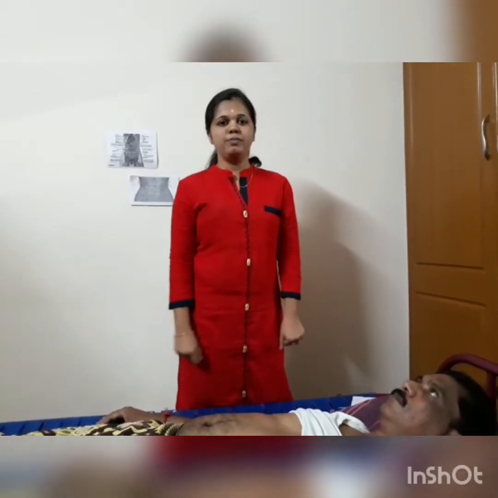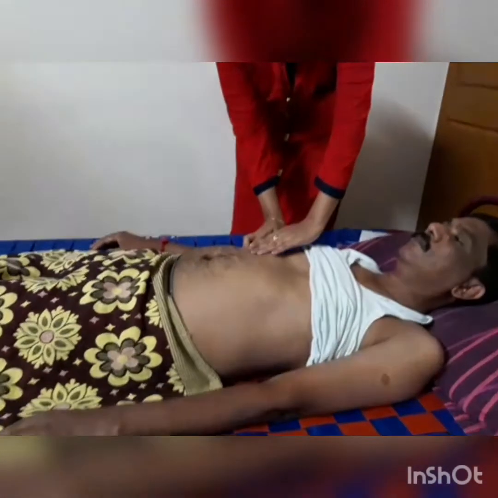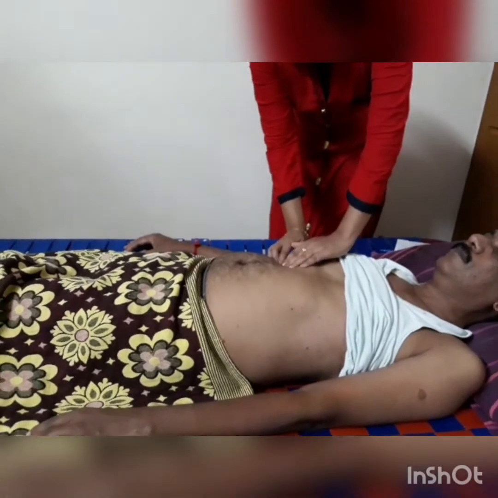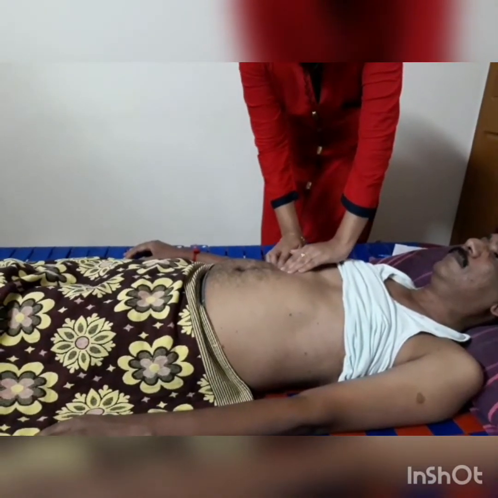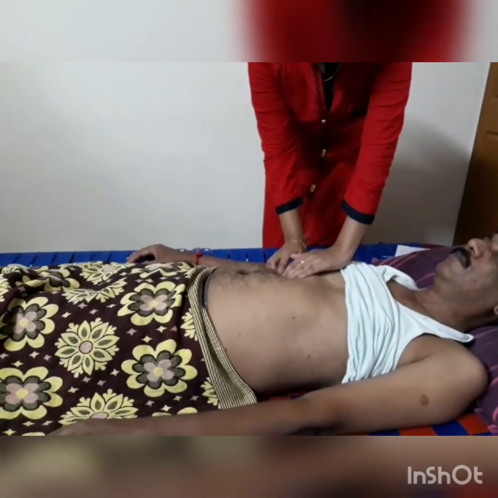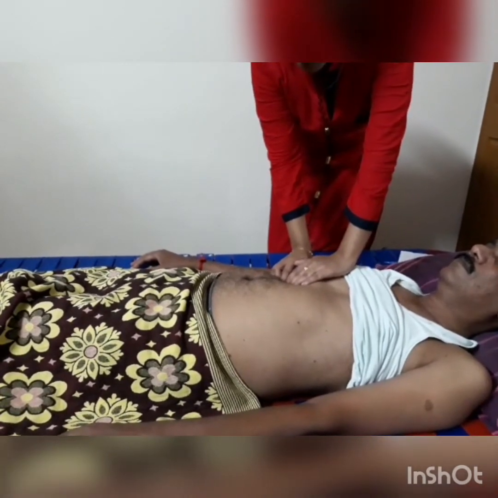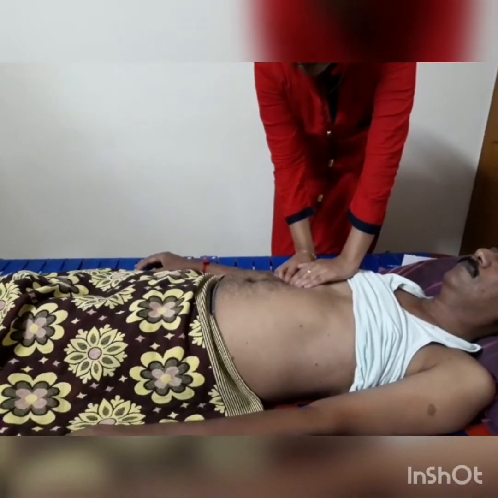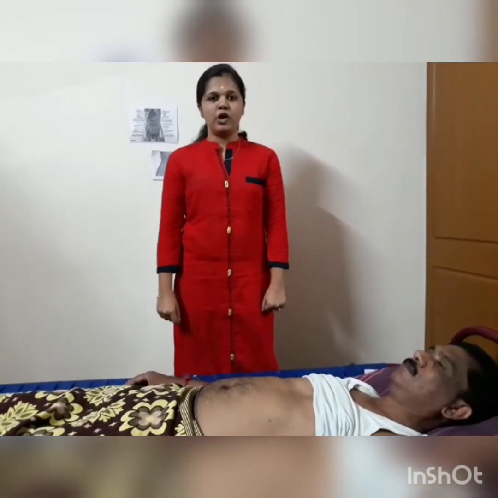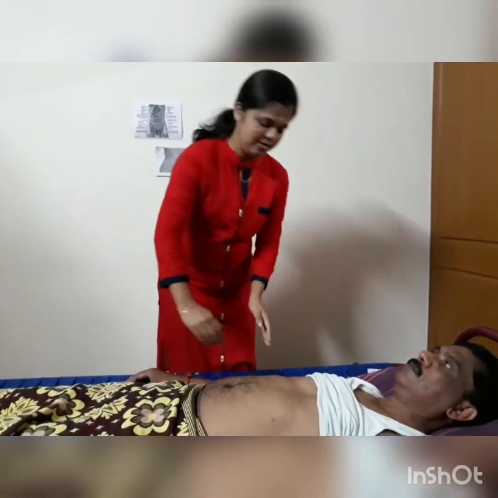Liver edge can also be determined by using hooking technique. Place both the hands at the level of costal margin and press firmly then deeply to look for the liver edge. Ask the patient to take a deep breath. Take a deep breath. If the liver is not palpable, strike both sides and ask the patient to compare the sensation.